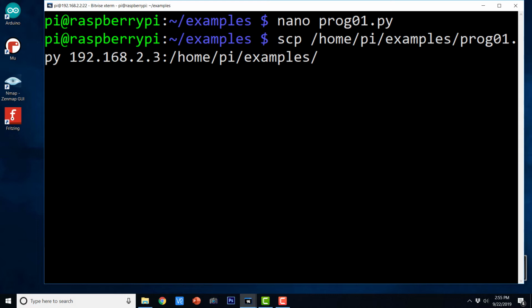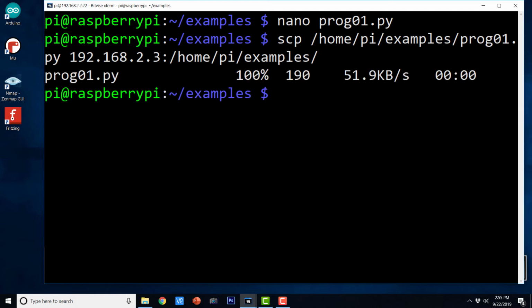That is the thing. So we are going to copy this particular file from the local computer to this IP address and this directory. So I'm just going to hit enter now, and it has been copied.